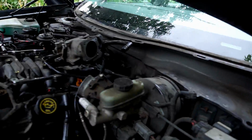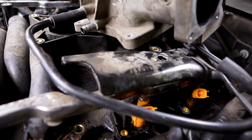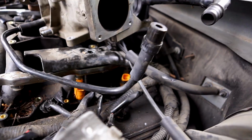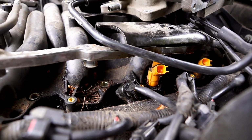So, more nuts and bolts and more stuff to remember how to put on. I thought I would have to get this bracket off, so that's why I removed all this stuff. But even with all that off, I'm not even sure how this bracket comes off. It attaches way down in the back there. And as it turns out, when I looked closer,